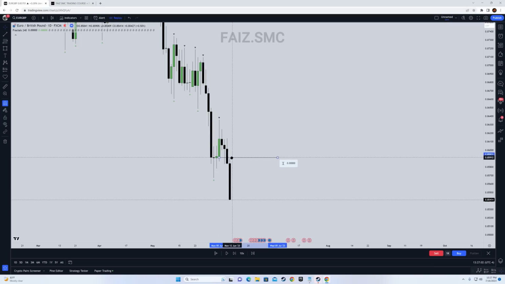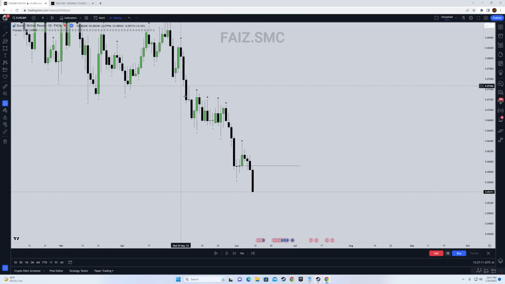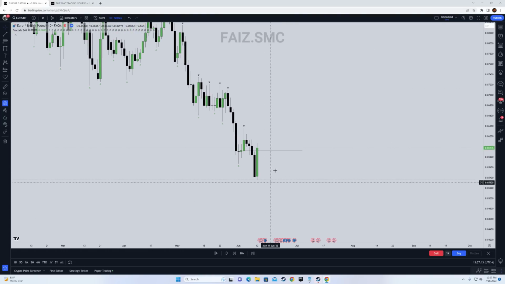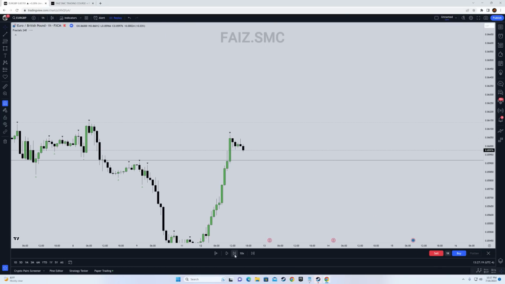So we're going to take our entry from the starting of the order block, which would be these consecutive bullish candles, right? So right here, what do we have? We have a bullish order block right here. The order flow is clearly bearish. So what we wait for is price to come back into our block. Once that happens, we simply drop down to the hourly time frame, and we are looking for a clean market structure shift,